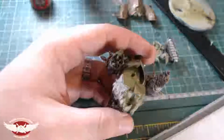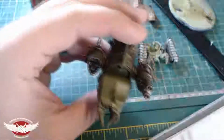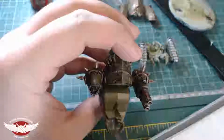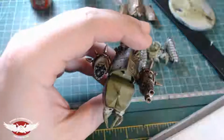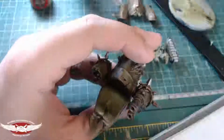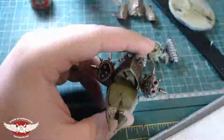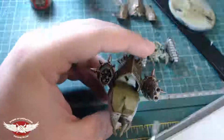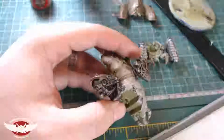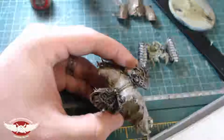Alright, so even though I said the more would be done a little bit later, now that I've done this I can kind of see roughly what we're looking at here. So I'm just going to bring the paint across the front here, and I apologise for not muting my phone and my computer. But we're coming over the top here. I'm not worried about too much on the inside, because that will definitely be more red than the outside. We'll just go along the top here, and then I just want to come across the bottom here,